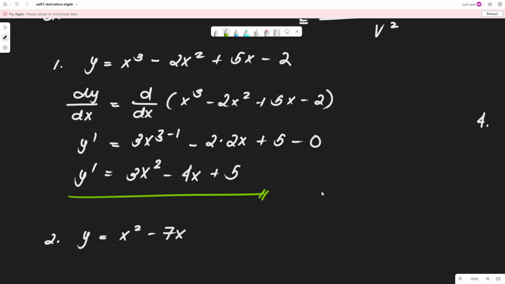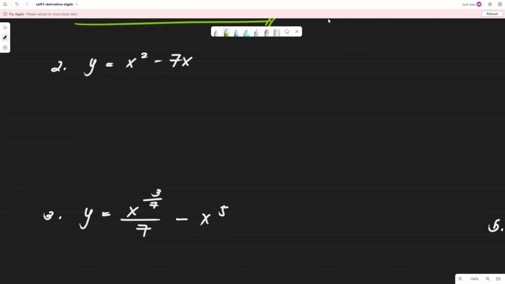So, game, let's have example number 2. We have y is equal to x squared minus 7x. So let's get the derivative. So we have dy,